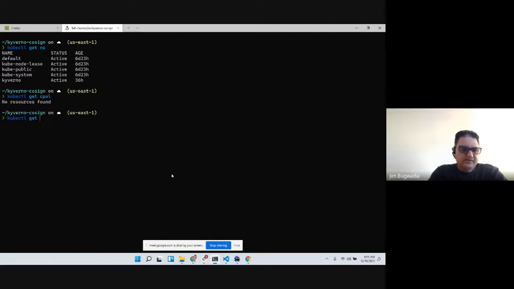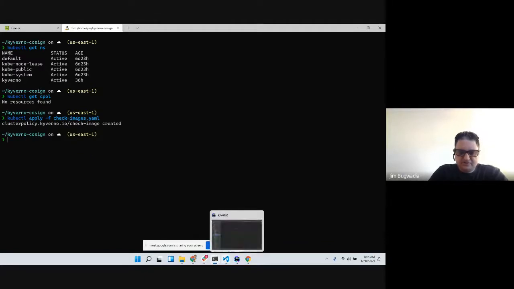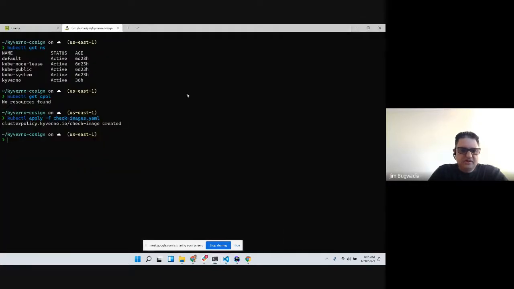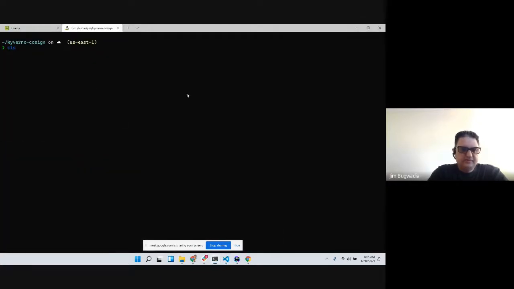All right, so I don't have any cluster policies defined over here. What I'm going to do is configure, so CPOL is short form for cluster policies, a policy just to check image signatures, right? Let me show you, I think I have that up here. So that's this policy, it just checks for a single signature. And what we'll do is I'll now just try to run my image,